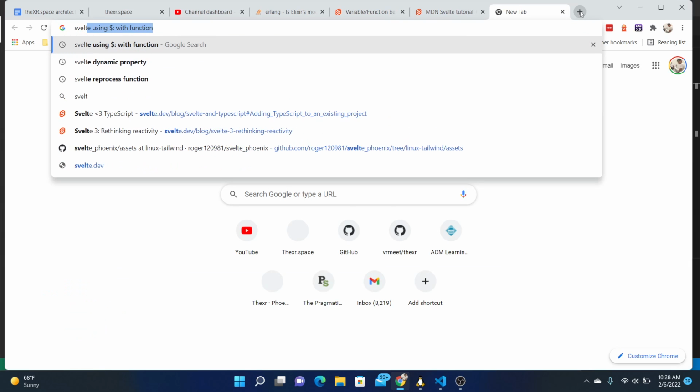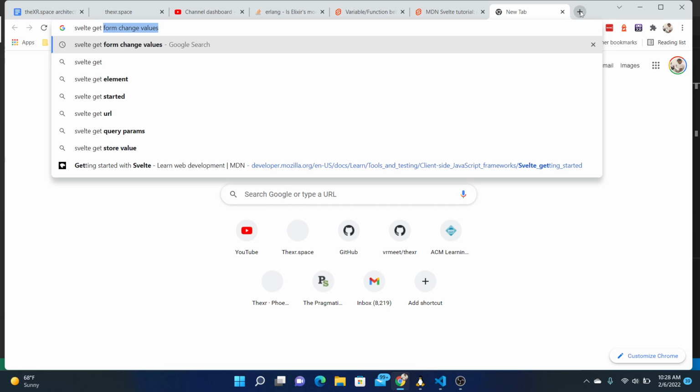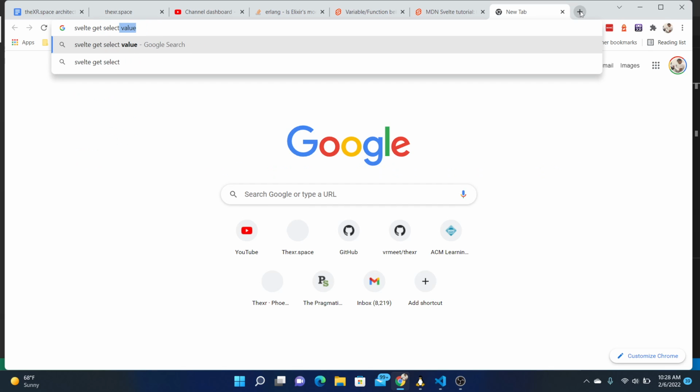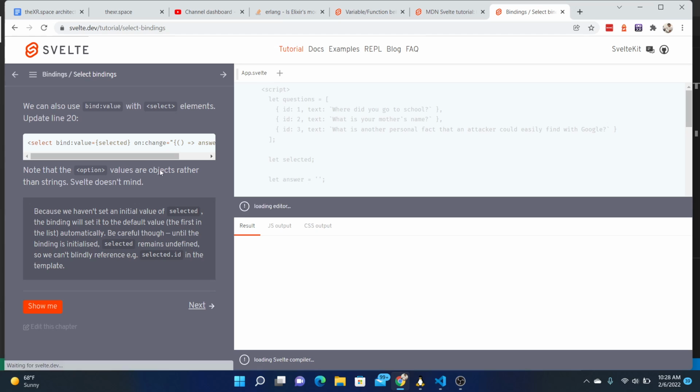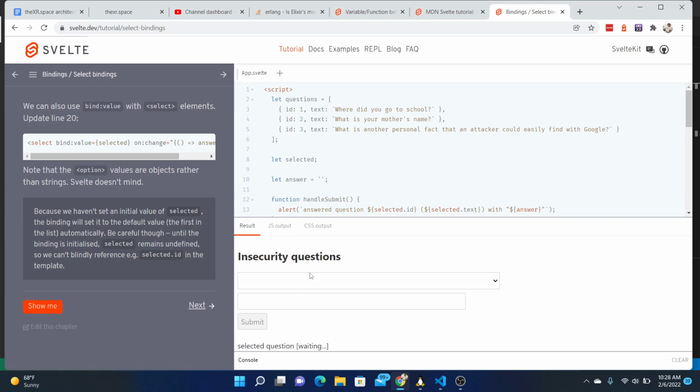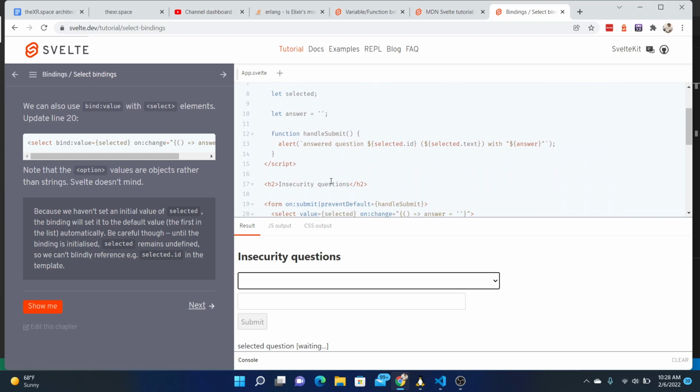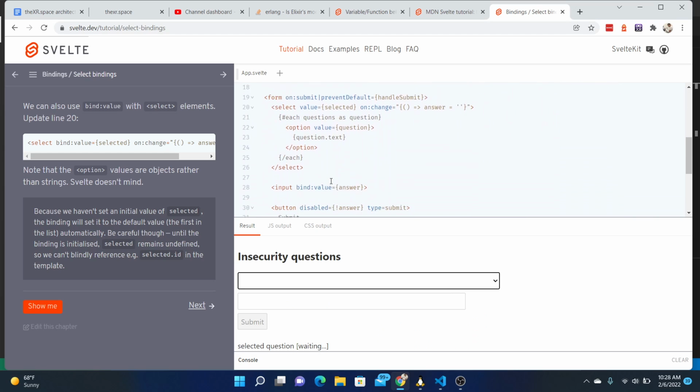Svelte. Get select value. Yeah. And this thing, how do you get this? You do this. On submit, yeah, but